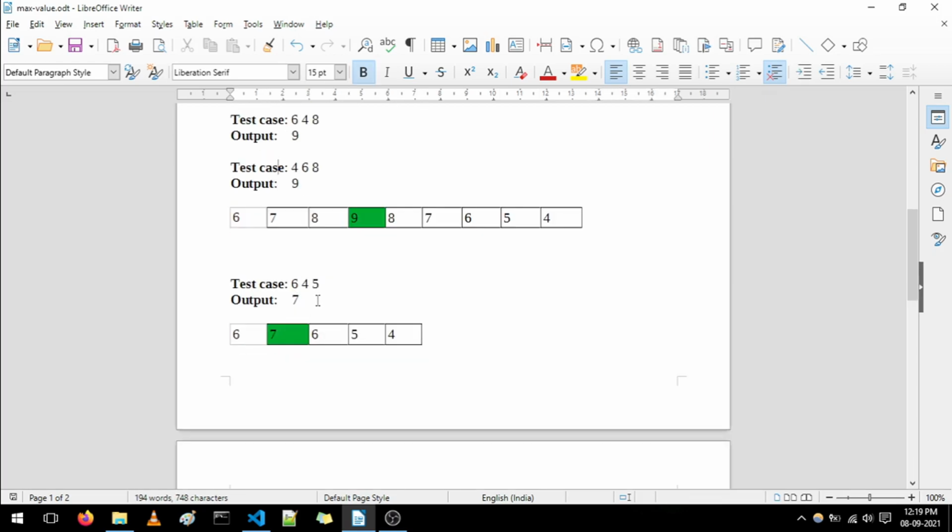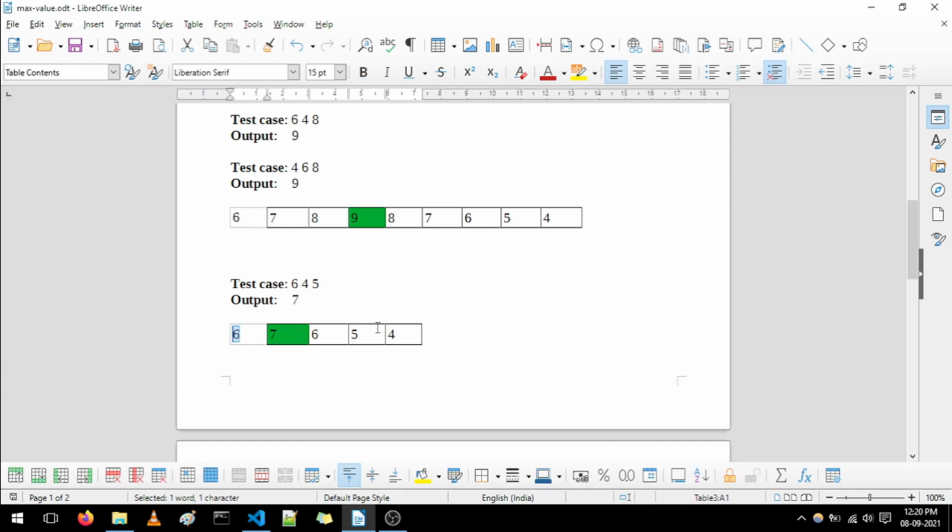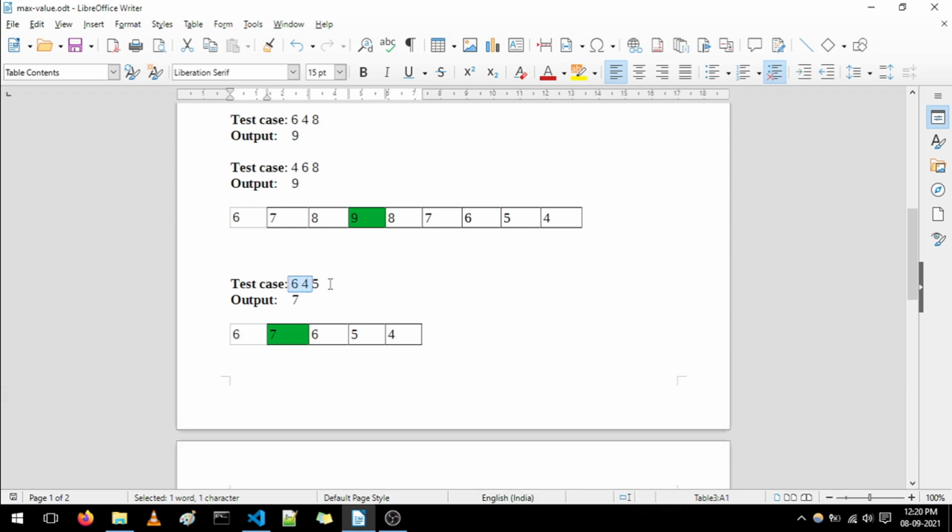Okay, this is the last test case. So we have to start at 6, we have to stop at 4, according to these values, and we can take a maximum of 5 steps. Here we incremented 6 by 1, so 7. Then we started decrementing. So first step, second, third and fourth, we cover only 4 steps out of these 5